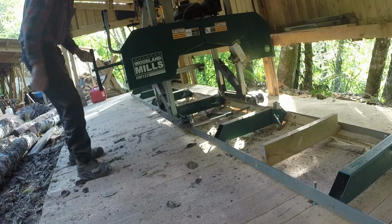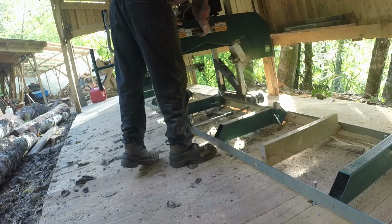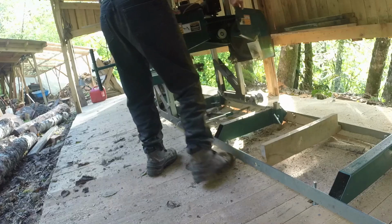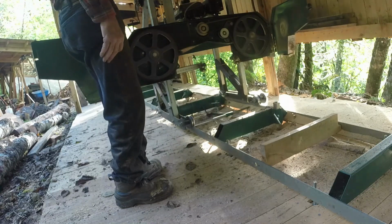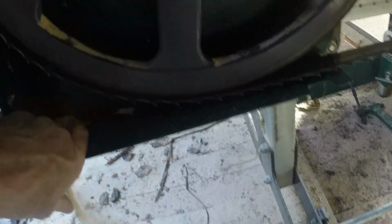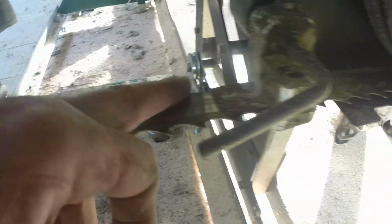Shutting down is just the reverse of starting up. Release the tension. The blade's right on the rubber belt on one side and a rubber tire on this side, leaving tension in there. The plastic takes a little bit of a set. You can feel when you turn it by hand. Now my blade scraper right there